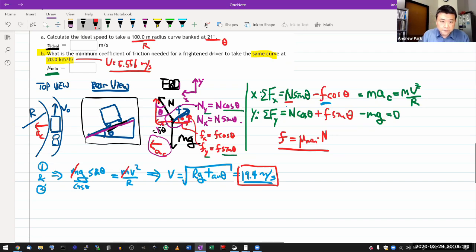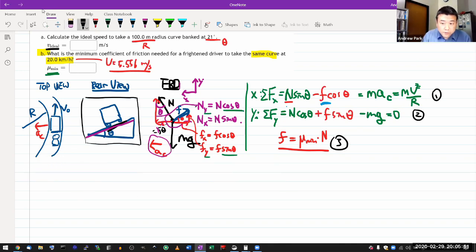So let me do that first step first. Let me use equation 3 to get my equations 1 and 2 prime. So let me clear out some space here. By combining equation 3 with equations 1 and 2, what you're going to get is,